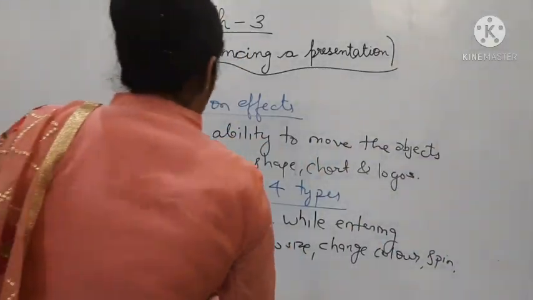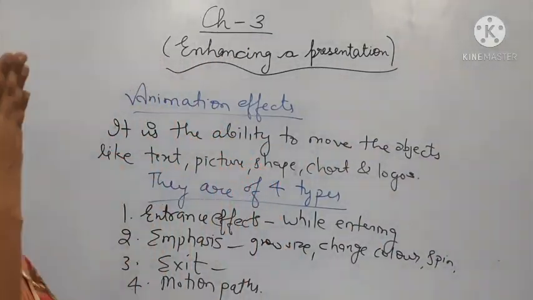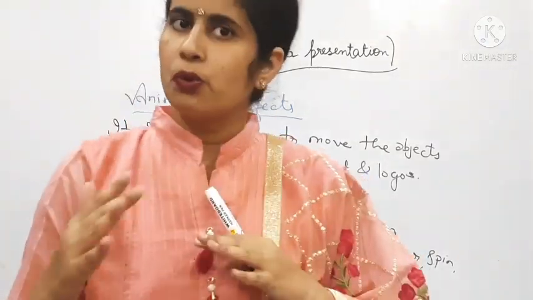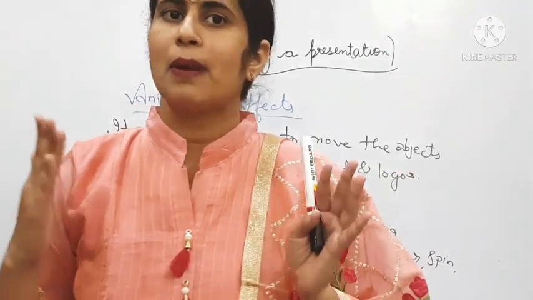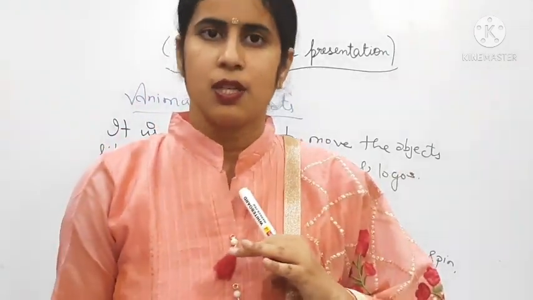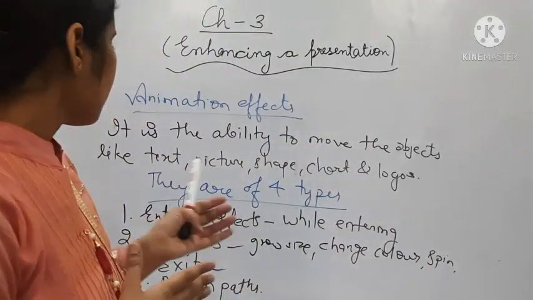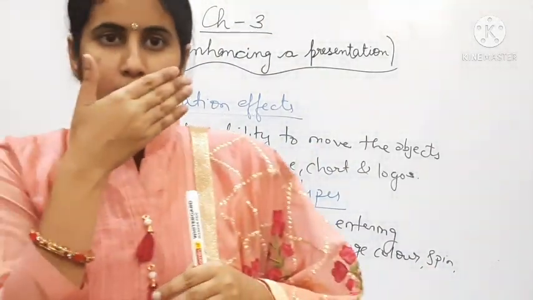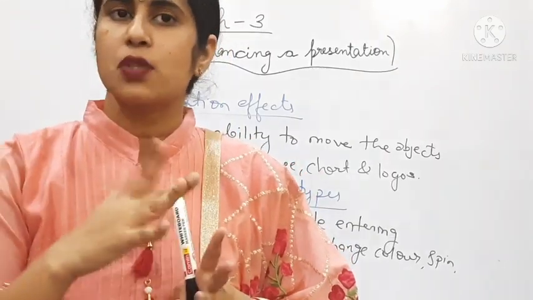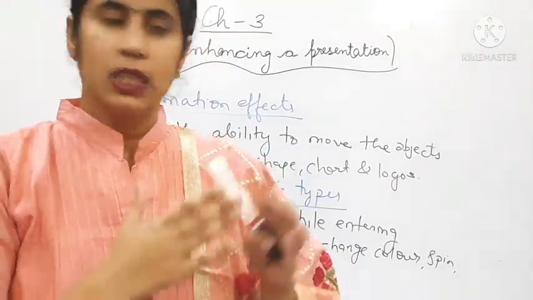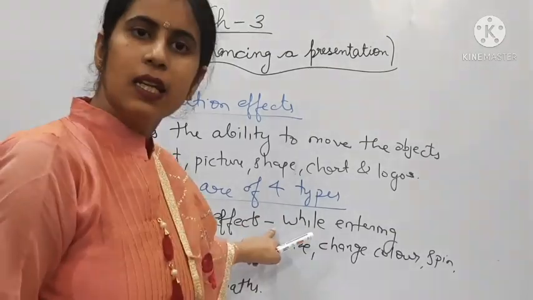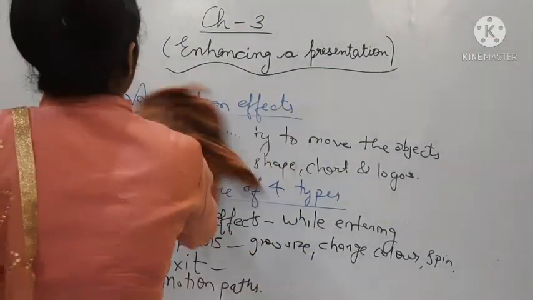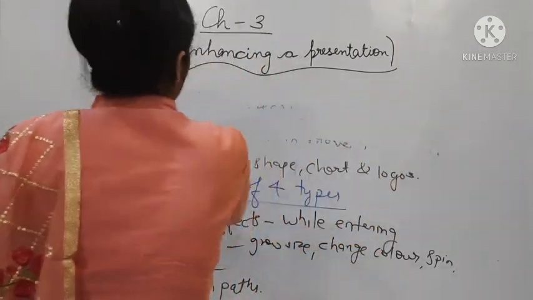Now next is exit. As it is exit, the effect that we add whenever the presentation is going to finish is known as exit effects. So exit effects, how can we add them? There are a few types. The first one is disappear. Here the effect is known as appear. Okay, I am differentiating this. I am erasing this.